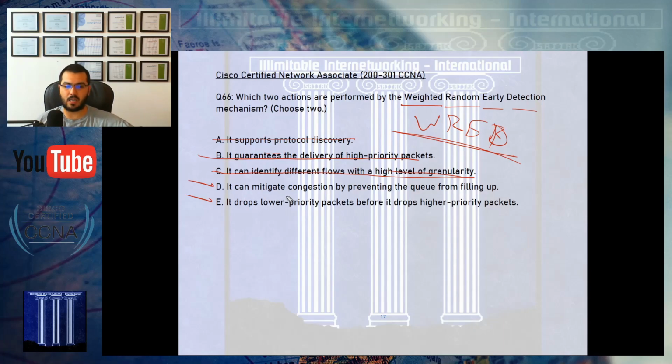I don't know what's inside of that packet, and since it's a TCP packet, it will retransmit again a few microseconds later. But will these packets be a lower priority than a higher priority? Maybe, I think so. I think we'll have even more interpreting and discussion regarding this in the CCNP core exam. But for the time being, D and E seem correct and enough. Okay, let's head to question